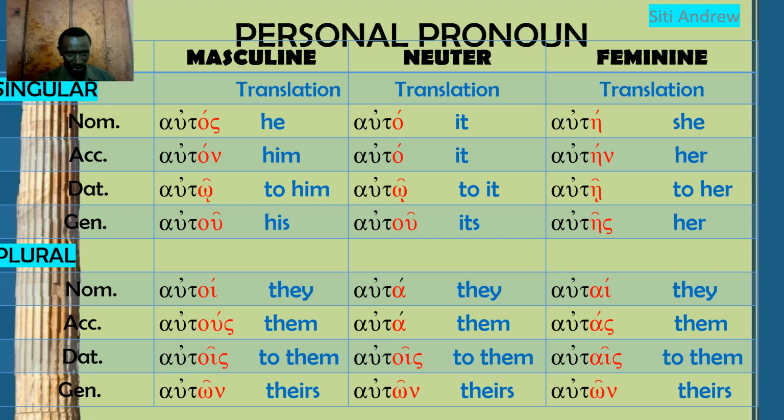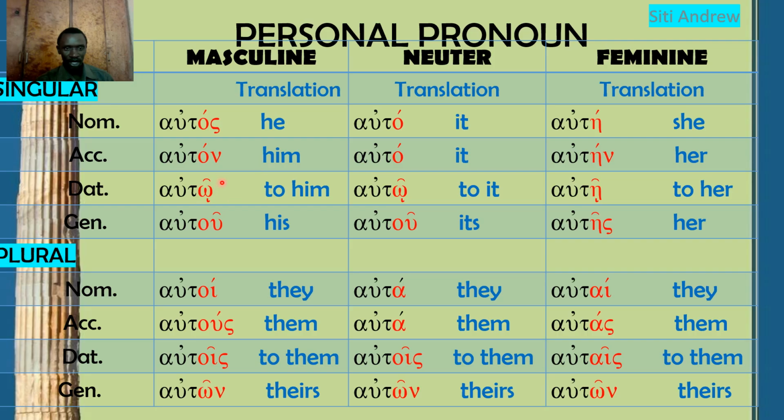If you look here, you can notice a lot of similarities. First of all, one of the things that you need to really look into is how it goes. Because if you look here,